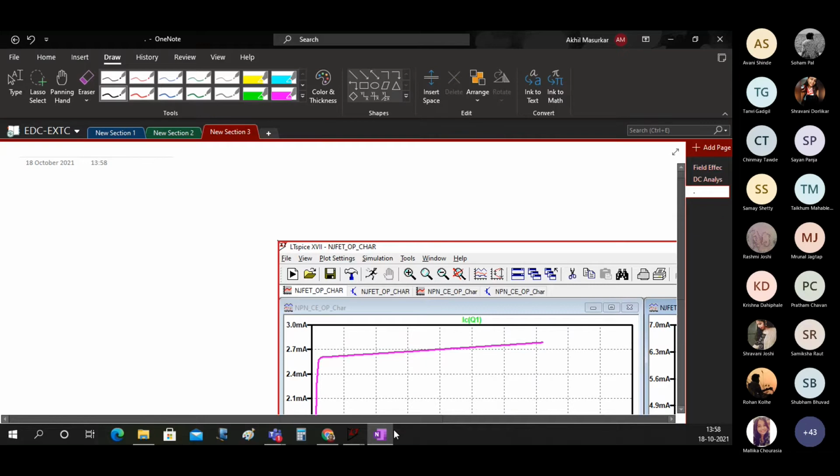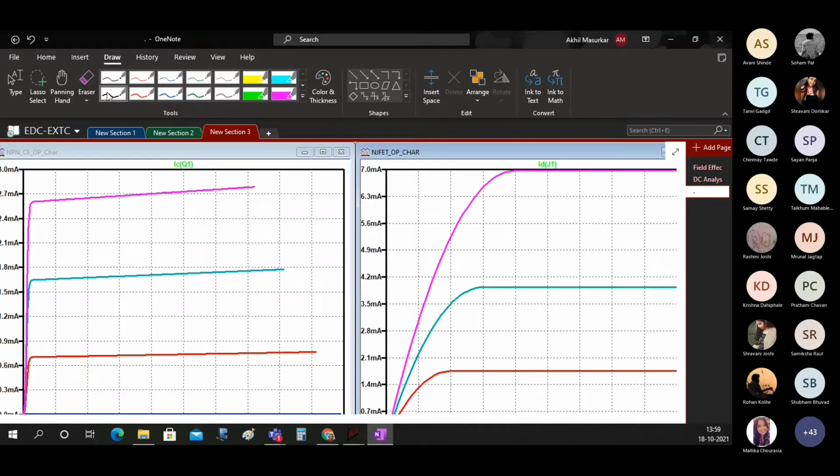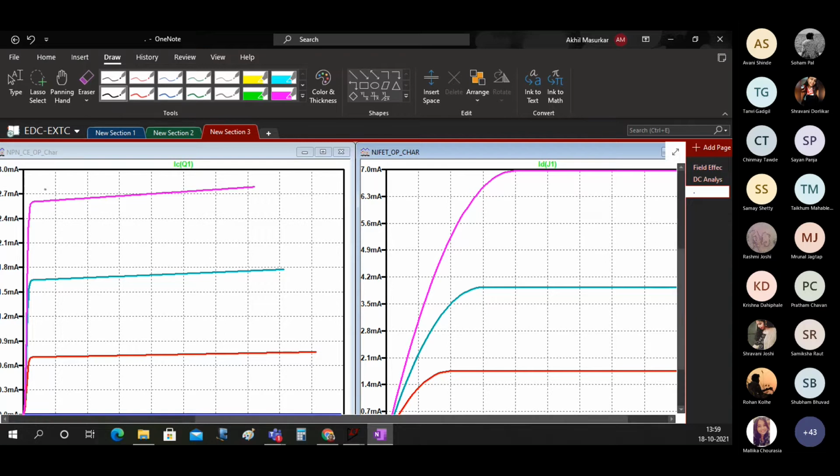If you look at both these graphs here, you can see that BJT has got a very thin region.